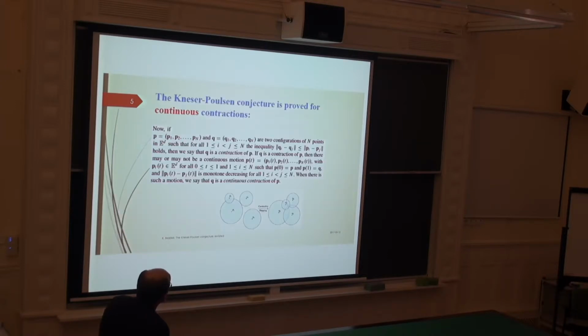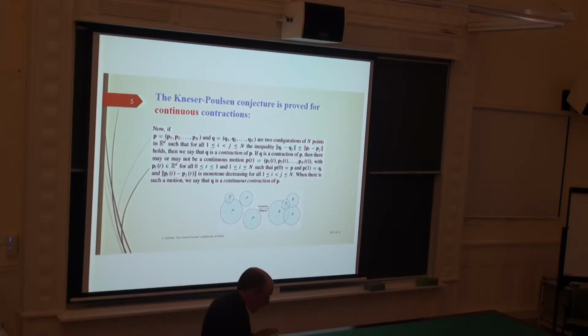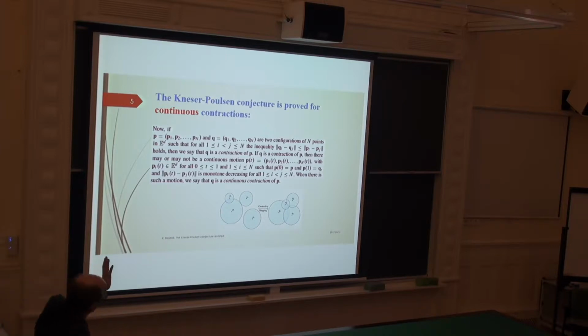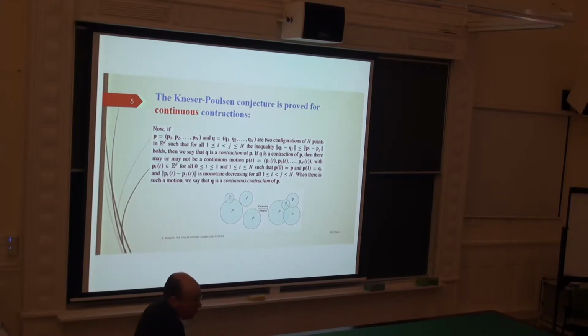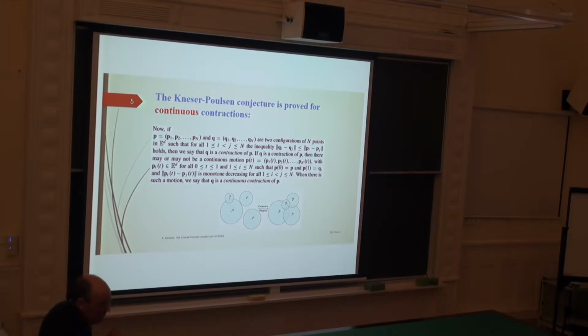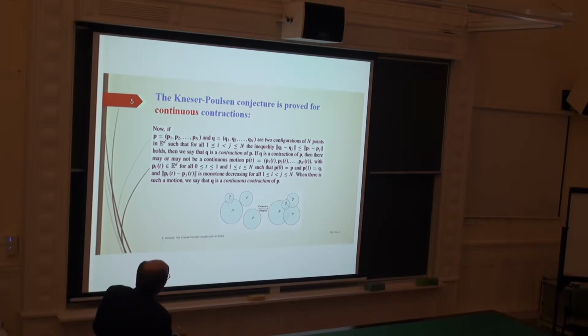Now, I want to say some words about the status of the conjecture. There will be some statements here where we'll start with continuous contractions, because the conjecture is proven for continuous contractions. Now, the notion of continuous contraction is exactly what you would imagine, but for safety, I put it here. So imagine that we have the point configuration Q as a contraction of the point configuration P. Then there may or may not be a continuous motion of the point configuration P, labeled by P(t), such that